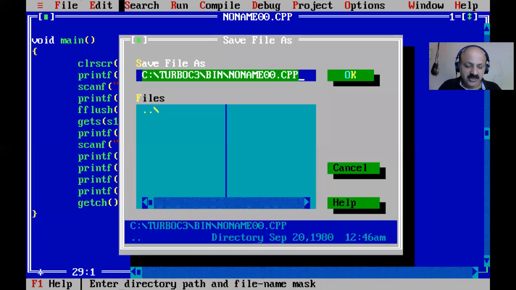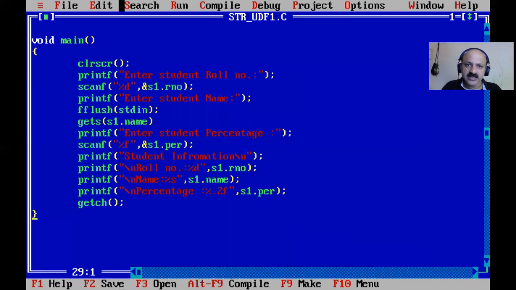Yes, I save this file. Here structure and UDF, user defined function. Maximum 8 characters are allowed, and we will see call by value and call by reference in separate files. So structure UDF and the first technique; we can give a digit also, so 7 or 8 letters. You have to provide a maximum of 8 letters for the file name. So str means structure, not string.